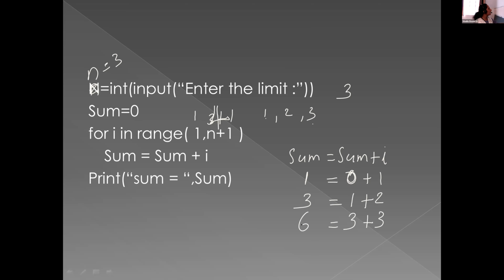After that, is any iteration needed? What about the next iteration? We needed only 3 iterations because range value is 1, 2 and 3. So here first we use range value 1, then 2, then 3. What is the final result? That is 6.